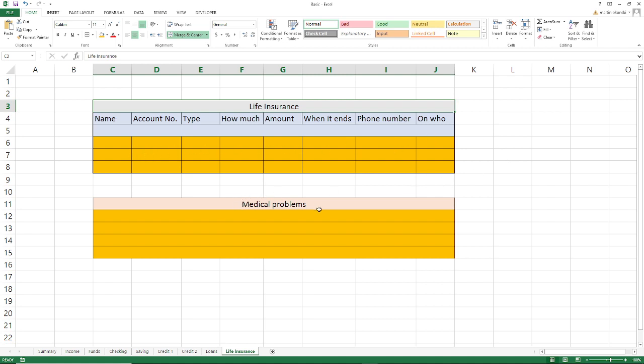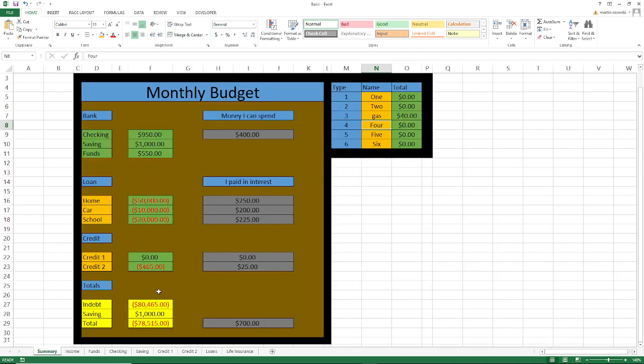And also the medical problems. This is like your doctor's names or any pertinent information for a quick, easy reference. You can put in here. And now, if you take a look at it, everything's all set up because everything's all filtered. Like I said, all the stuff you can change is in gold, and everything else adds up.